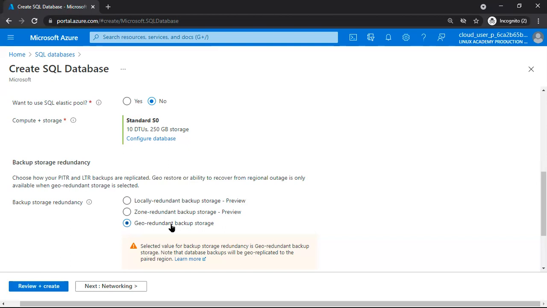Geo redundant means the backup is kept in a different region.